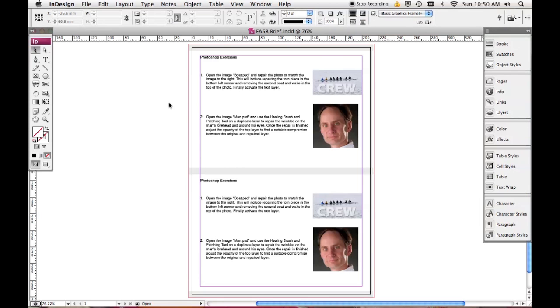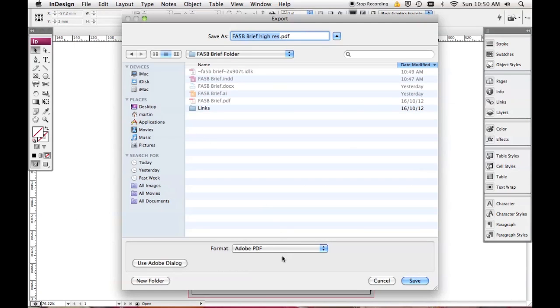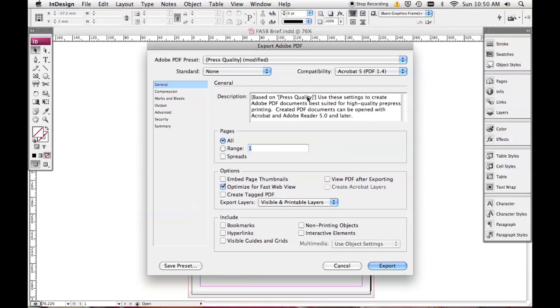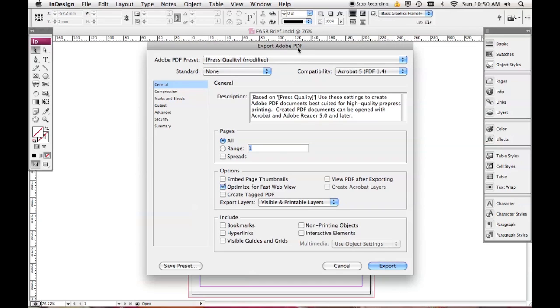To create a PDF file from InDesign, we go up to File and select Export. For the format, we choose Adobe PDF. We name our file and choose a location, and then we click the Save button. When we do that, the Export Adobe PDF Settings dialog box comes up,